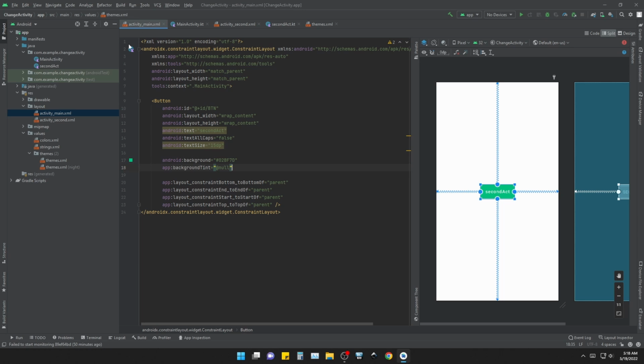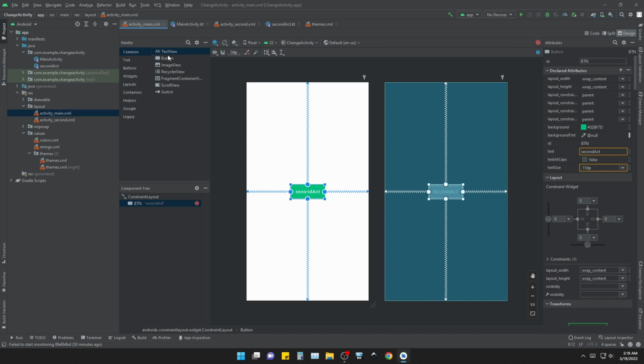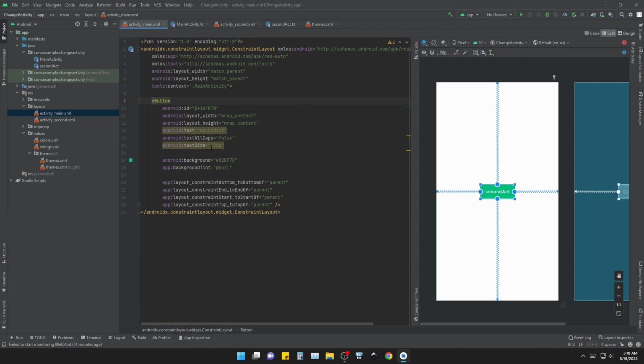Anyway, from main activity to second activity, and from second activity to main activity. This is the XML file of the main activity. You can see inside this constraint there's this button. You can drag and drop it here. If I go to design, you can see that I can drag and drop this button, and so this is